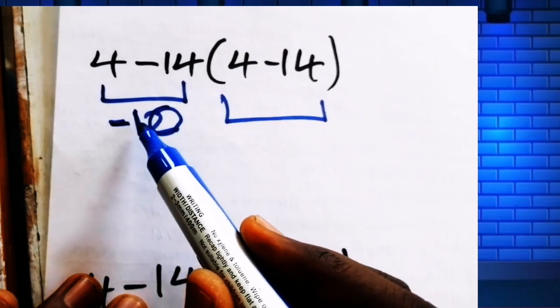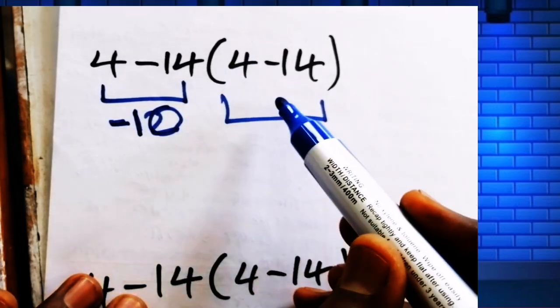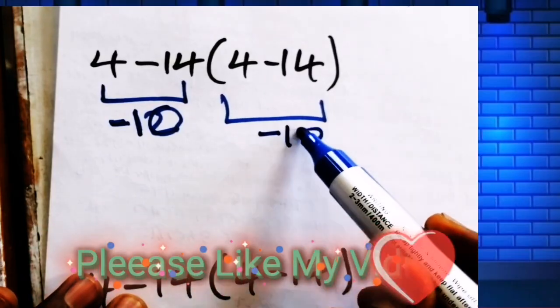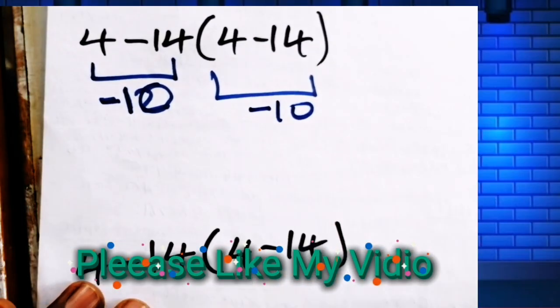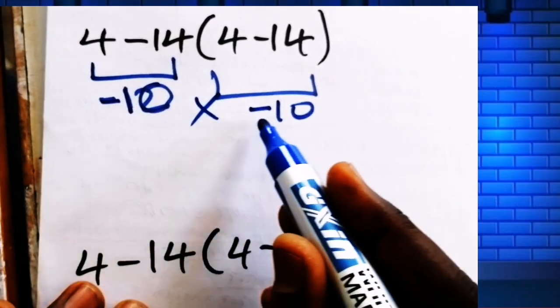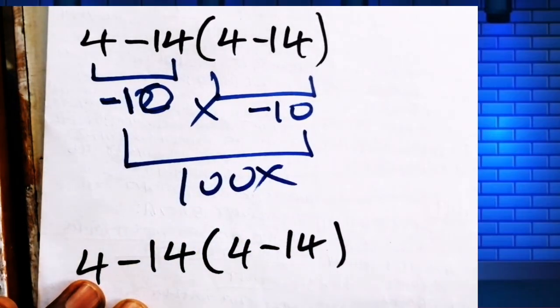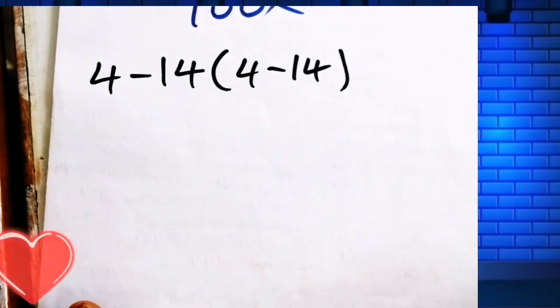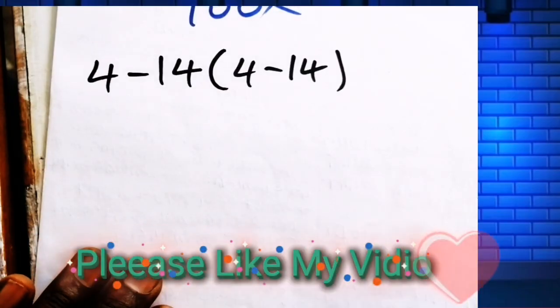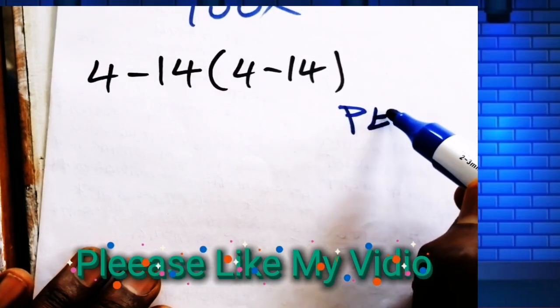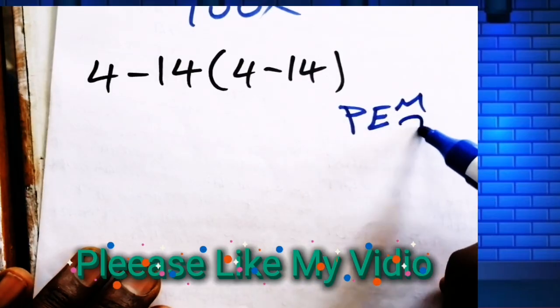Equals negative 10. Inside this parenthesis, 4 minus 14 is also equal to negative 10. Okay, then negative 10 times negative 10 is just 100, but this answer is not correct, because according to the order of operations PEMDAS, first we have to do parenthesis, then exponent, then multiplication or division,